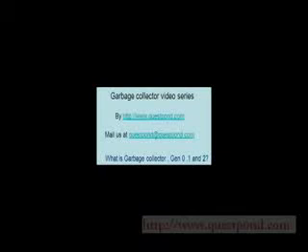So let's start with the garbage collector video series. In this video series we have two videos. The first video talks about what a garbage collector is and the concept of generations, that is generation 0, generation 1 and generation 2. And in the second video we'll try to understand how using destructors in a class we end up in a double garbage collector loop, and then how we can solve the problem by using finalize and dispose patterns.